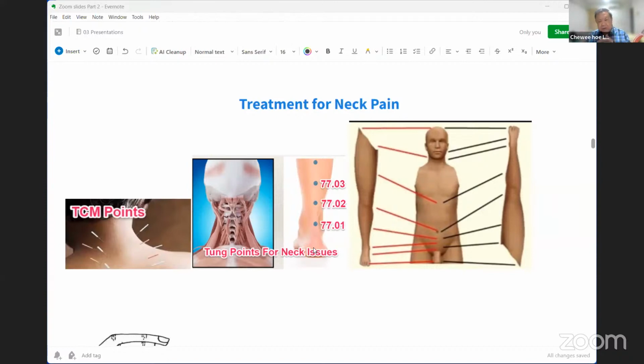So for that reason, you need to know your anatomy. But wherever there's an ashi point, it means it's only tender when you press. All right. If the patient says, "Oh, I didn't know I got an injury at the ankle," no, it means it's not injured. It's just an ashi point. So ashi points around the ankle are good and fantastic to treat neck issues.